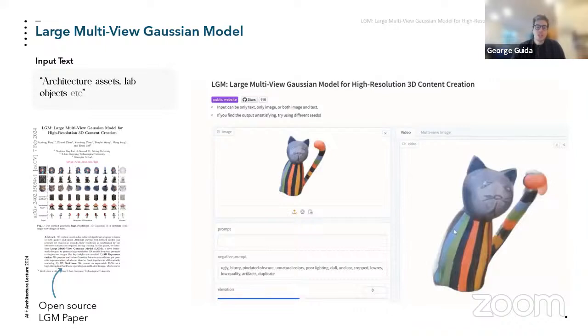So this model was trained on about 80,000 models. It was a subset of that Objaverse data set, and you can generate results in about 5 or so seconds based on that Gaussian splatting approach, that Gaussian reconstruction of this multi-view process.